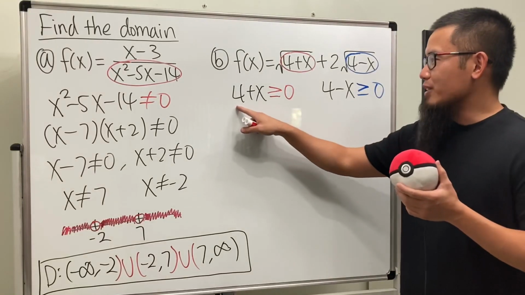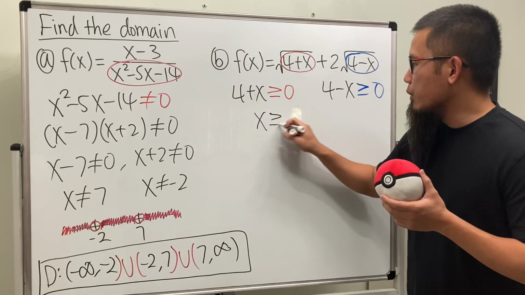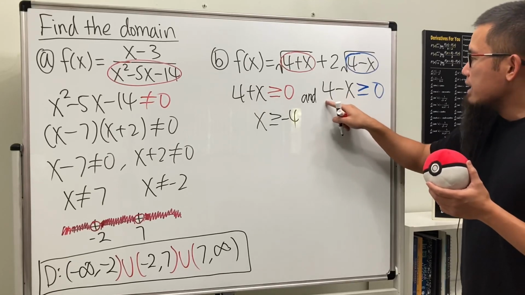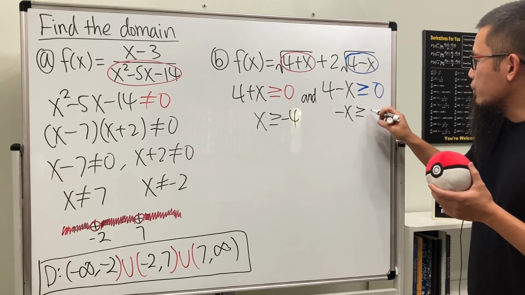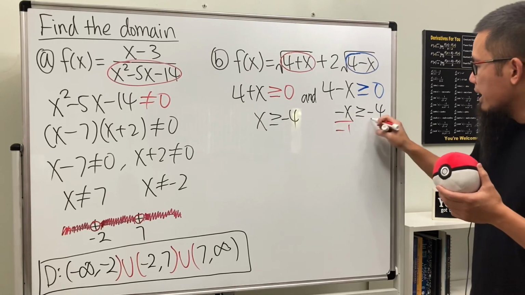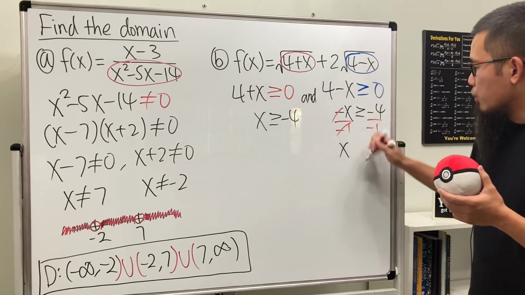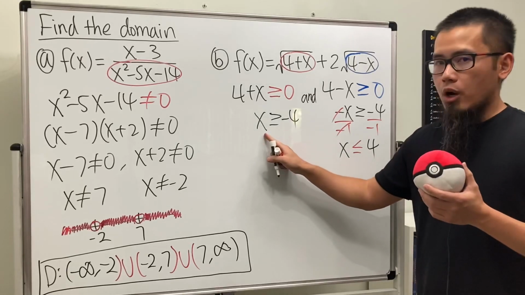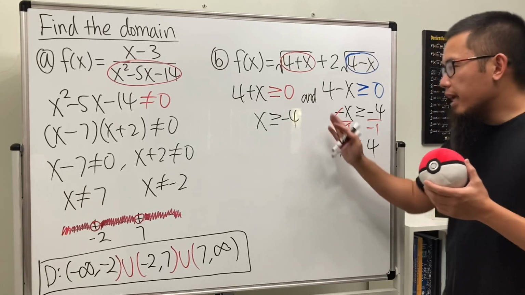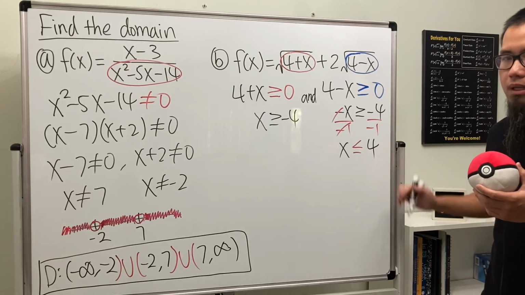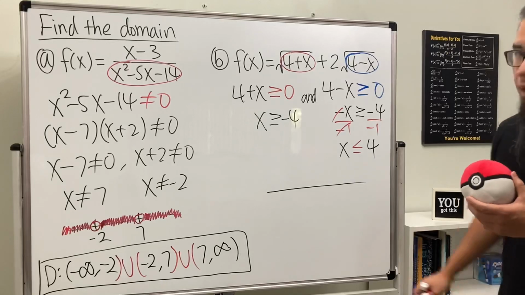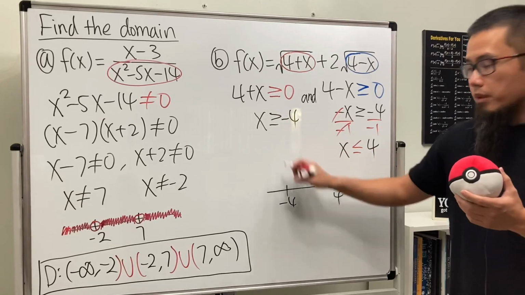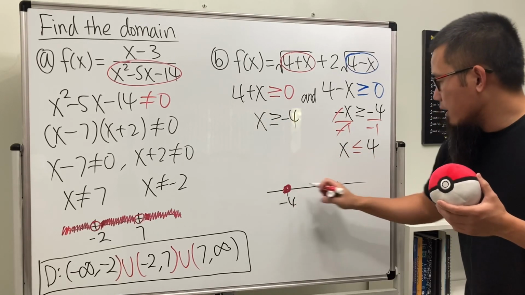But anyway, for this right here, we can subtract 4 on both sides, and we get x has to be greater than or equal to negative 4. And in the meantime, we also have to make sure that this is true. Subtract 4 on both sides, so we get negative x is greater than or equal to negative 4. And we divide both sides by negative 1. Be sure you flip the inequality, and we get x less than or equal to positive 4. So as you can see, x has to be greater than or equal to negative 4, and x has to be less than or equal to positive 4. If you draw a number line, let's say here is negative 4, and here is positive 4. This is a greater than or equal to, so we will use a closed circle for this. This is a less than or equal to.